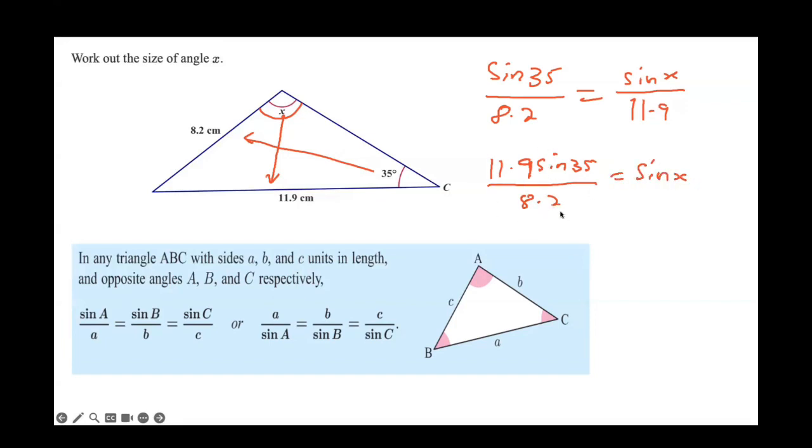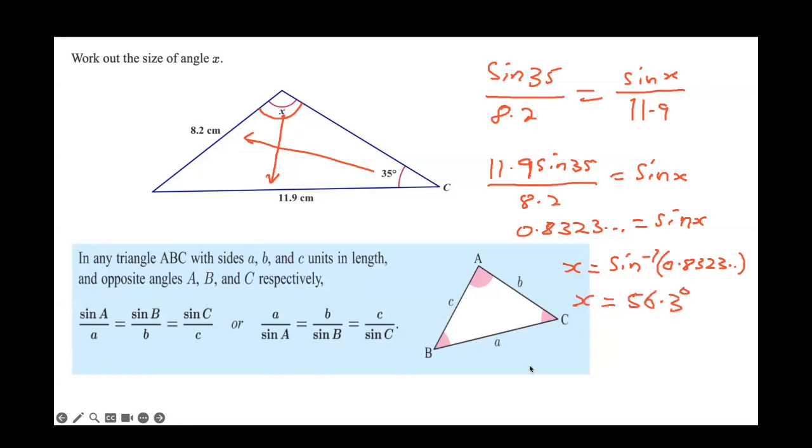And when you type this, you get 0.8323, which should be equal to sine x. But remember, we want to find the value of the angle x. So to do this, we take the sine inverse of this answer. So x is equal to the sine inverse of 0.8323. And when we do this, we get x to be